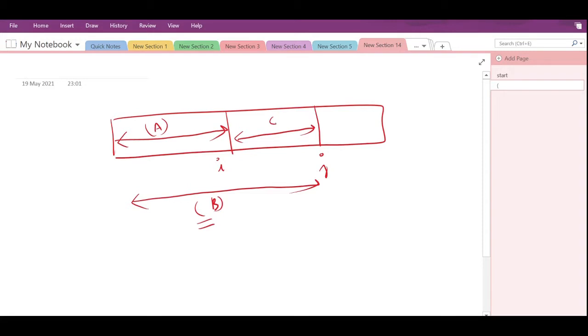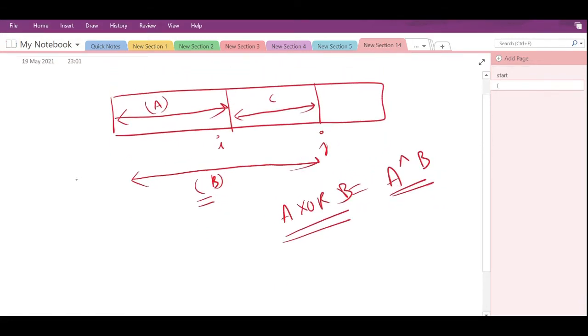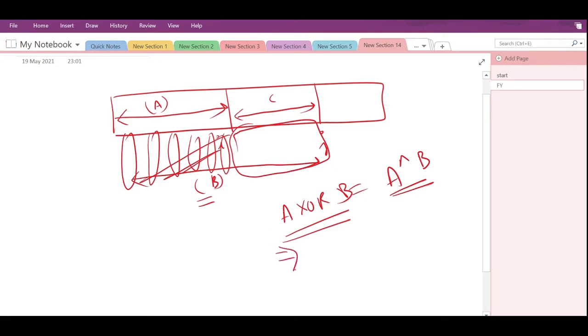So if I do a XOR b, do I have a right to say that these elements will be the same, so they are going to cancel out each other? The only thing left will be the XOR of this element. So I'll say that c is equal to a XOR b, correct?